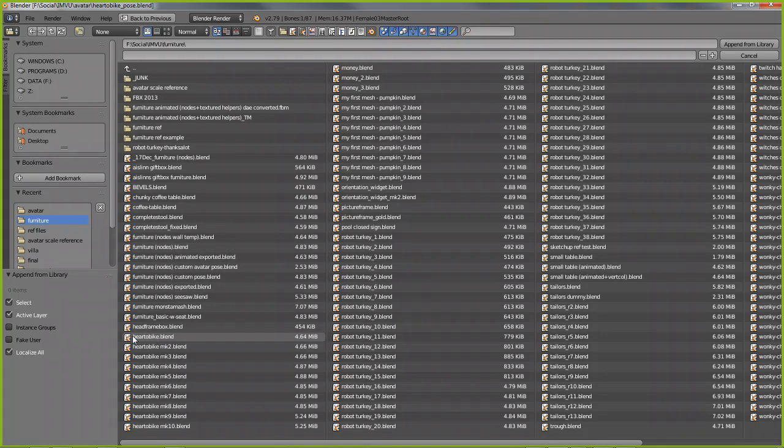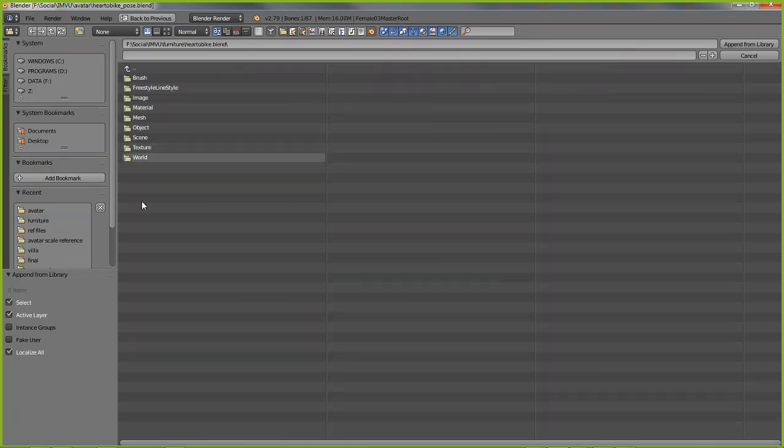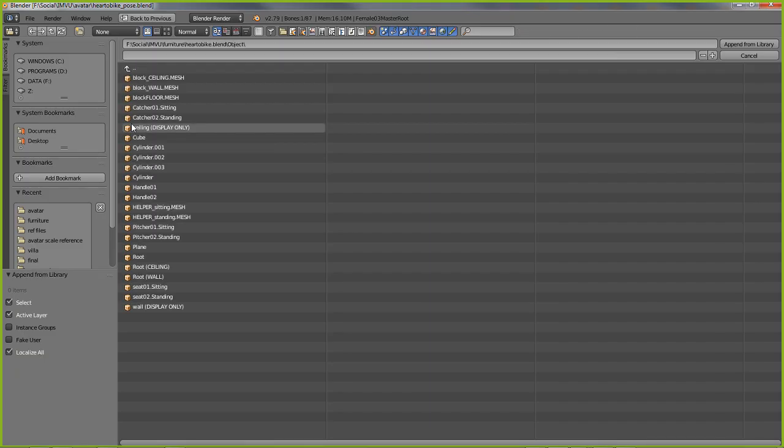So there's the Harter bike. When you are appending in Blender, the Blender files act as an equivalent to a zip file or a RAR file, so they're an archive. So if you click the file, you'll go into the contents of the file itself, and we want object, and it lists all the objects that were in our file that we were working on, and we want